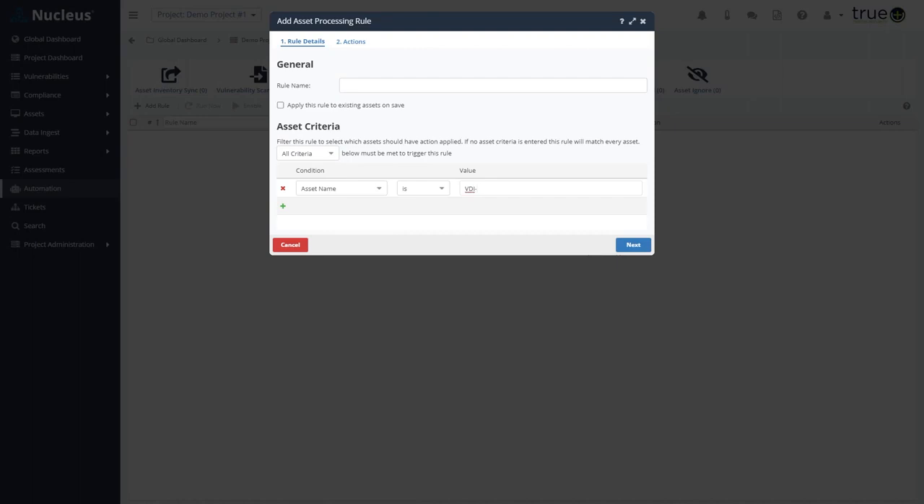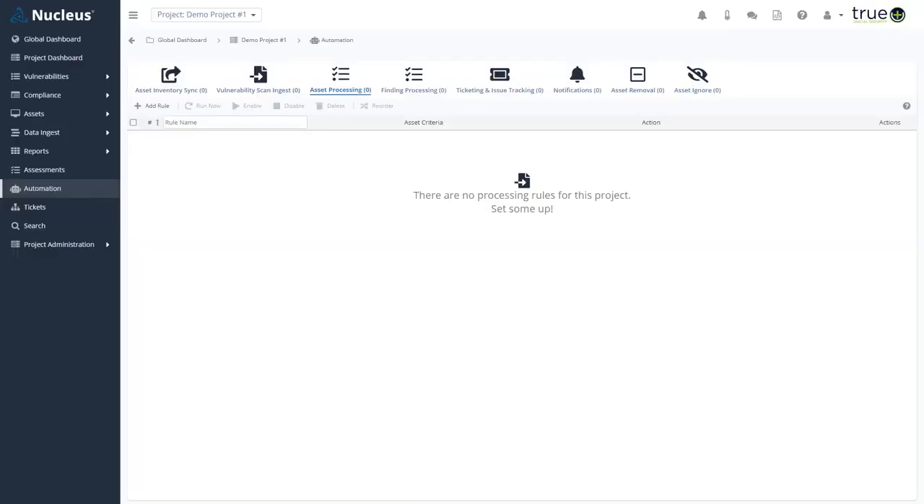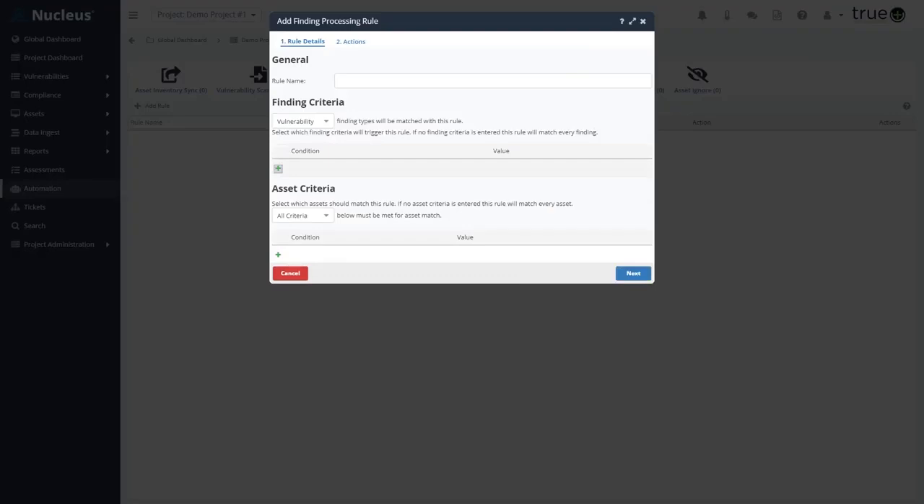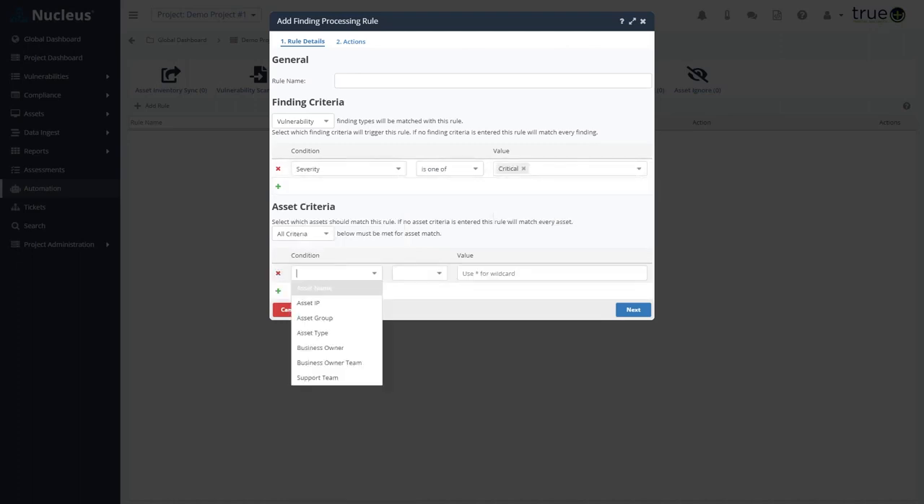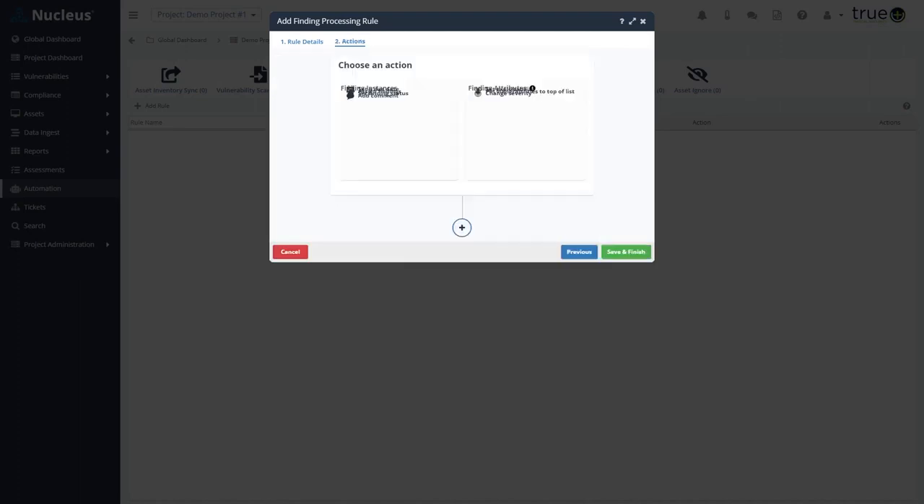If you decided that you always want critical findings on external devices to be assigned a 7-day due date for remediation, you could do so under the Finding Processing tab. You'd do this by specifying a finding criteria of severity equals critical, and an asset criteria of asset group equals external. On the following screen, you'd specify an action of set a due date and specify a due date of